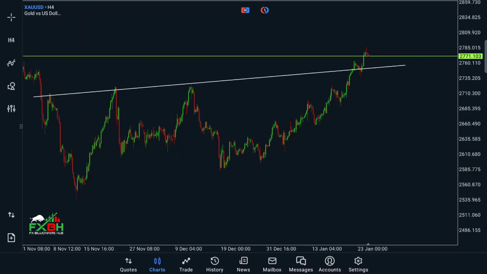Okay, let's see. As you can see there, in H4 time frame, market is on bullish breakout. That means market may be going to buy again for the next week. Okay, in H4 time frame. So overall, weekly time frame, daily time frame and H4 time frame, market confirm that market will go bullish or